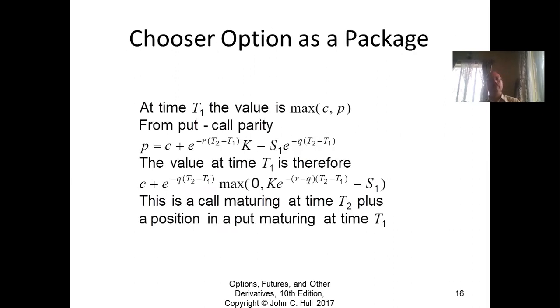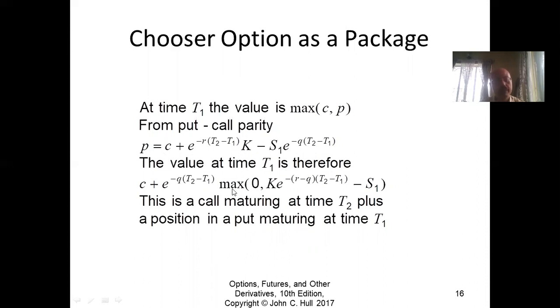It's a combination. Why? Because when you are choosing at time t1, you are basically going to take the one which has higher value for you. So your value for the contract will be the maximum of the call and the put. And this is a result we will discuss very shortly, that the call and the put prices are exactly related for European type options. So then I know that with that equation, I can find the actual value of the chooser option.